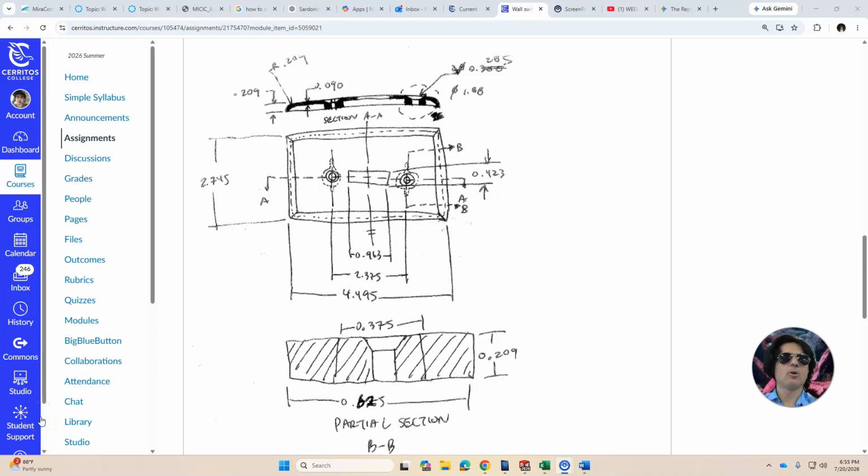Here we are going to explore how the order of operations will influence creation of such a simple object as this standard rocker switch wall switch plate, like the one that you can buy at Home Depot for less than $1. So here we have all the dimensions for the wall switch plate,